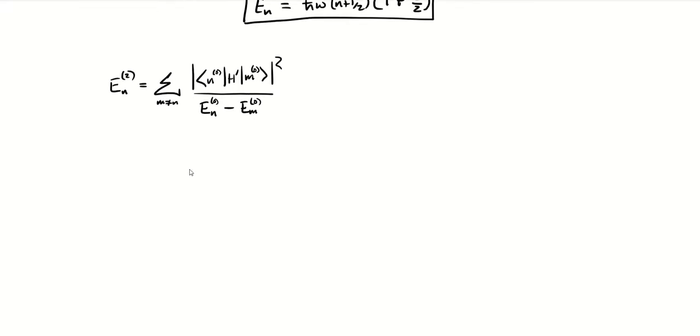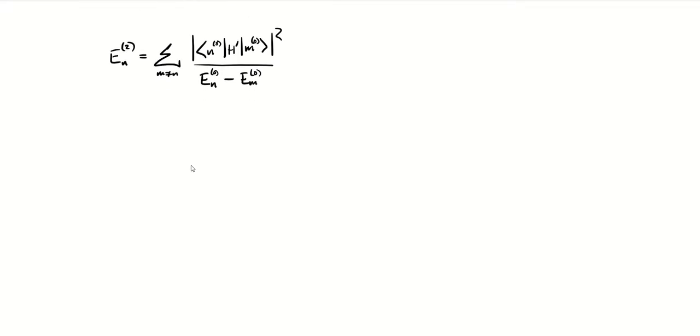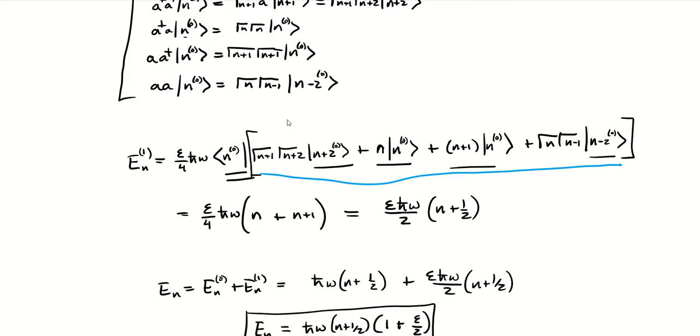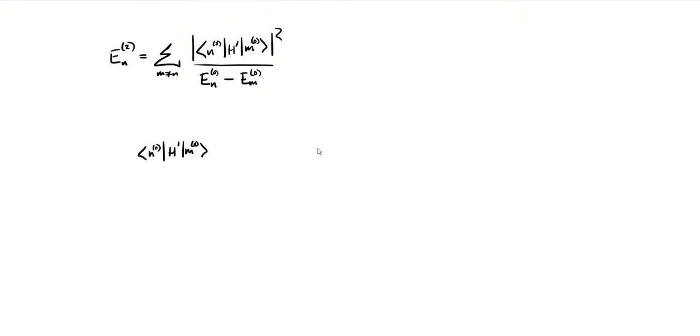Now, we already calculated those matrix elements, right? We had n0 h prime on m. We did this above. This is right here. We calculated those already. So this is equal to epsilon over 4 h bar omega times that n0, and this ended up being root m plus 1, root m plus 2,